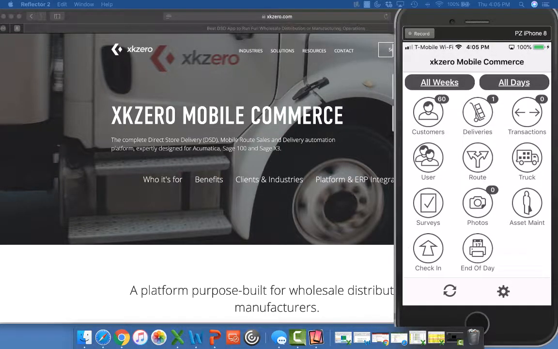One of the most simple and useful things that you can do with a direct store delivery application is take presale orders. Presale order taking is a process where a company representative is typically on site with the customer and is taking an order to be delivered in a future visit. So very straightforward. So with xkzero Mobile Commerce, in order to take a presale order, the first thing that we